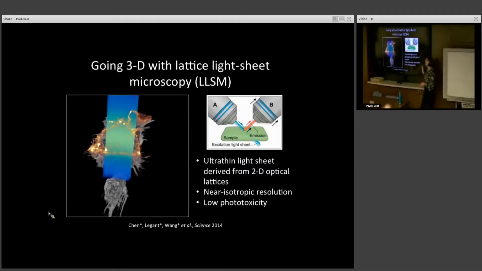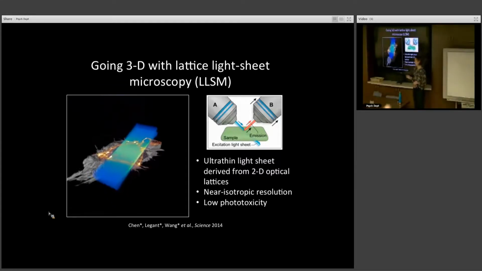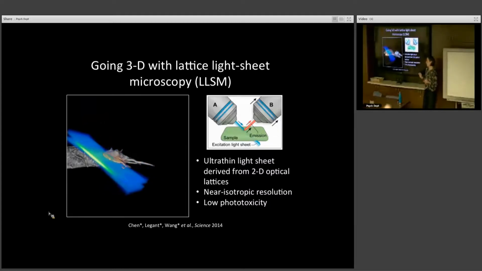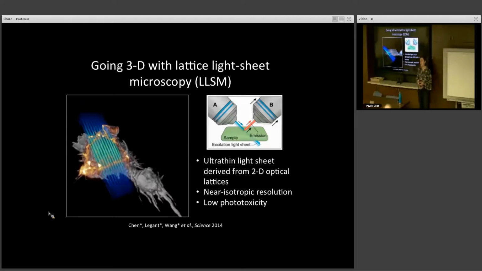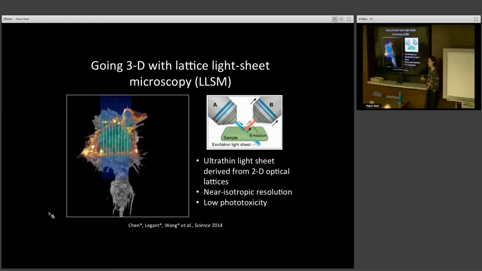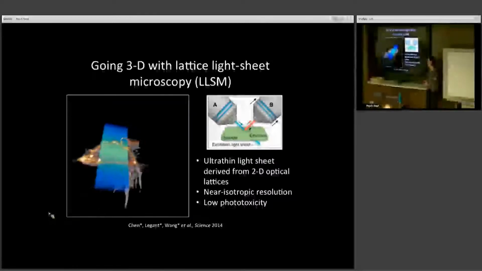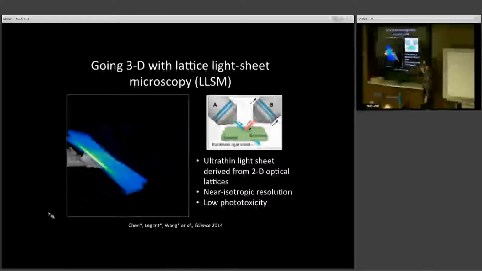So what I've been showing was confocal. It was 2-dimensional. To go fast enough to track organelles, we were just doing a single confocal slice. So next we worked with Eric Betzig's group at Janelia Research Campus to adapt their lattice light sheet microscope for spectral imaging. And in case you're not familiar with how light sheet microscopy works, one objective is